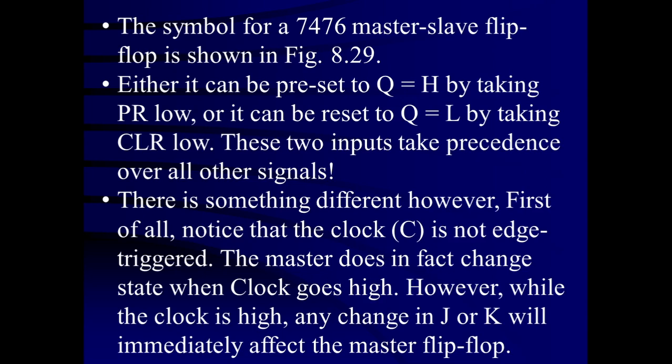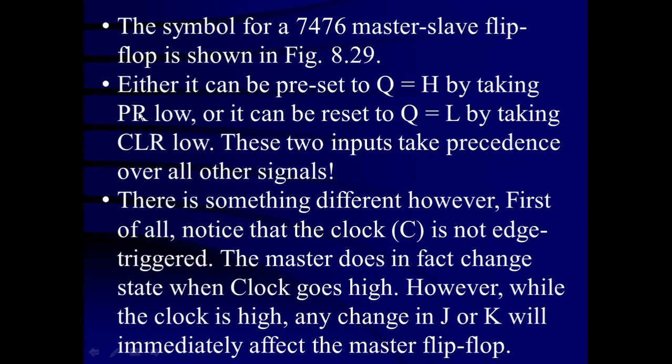Second thing, in the symbol, the preset and clear inputs are shown with a circle. It means that these asynchronous controls are active low. That means if you want to activate any one of these inputs, then that particular terminal has to be made ground or 0, and hence either preset or clear is going to be activated, and accordingly without a clock pulse the output is going to be either preset or clear.